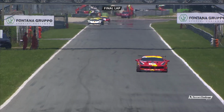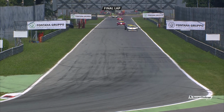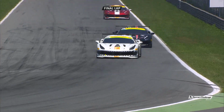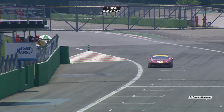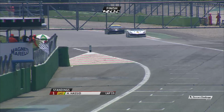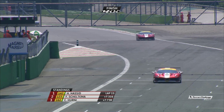Whether Herney can do anything, I think it's perhaps too late. Henry Hassid should be trouble-free around the Parabolica and head towards the checkered flag. And it's been the defensive driving race of his life, I should think, for von Skeltermeyer. First of all, having to defend the P1 position, which does go to Henry Hassid. He takes the win. Checkered flag falls. Von Skeltermeyer will take P2 from Christoph Herney. Then it will be Johnny Lawson, P4. Eric Chung, teammate, has...